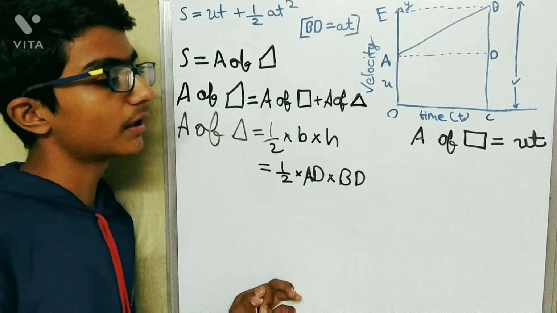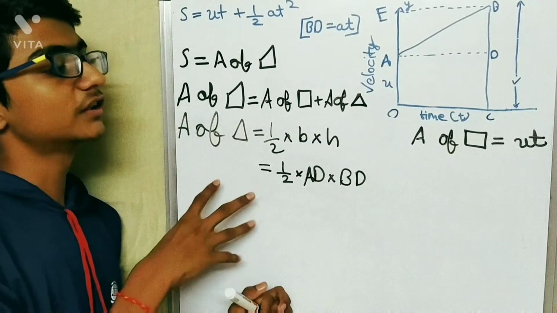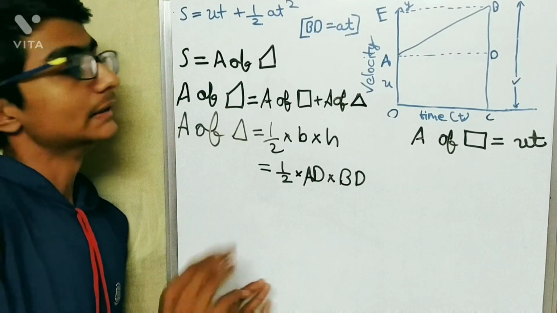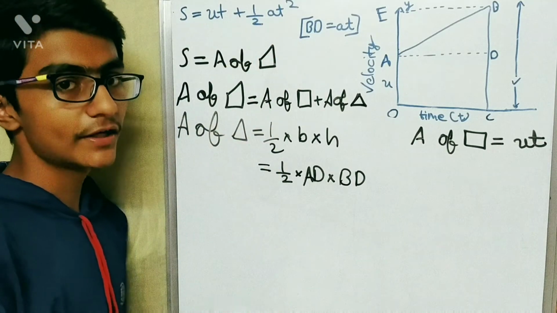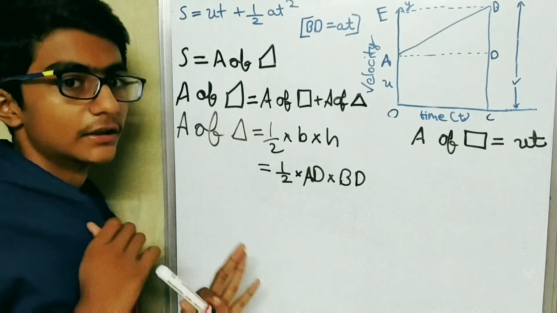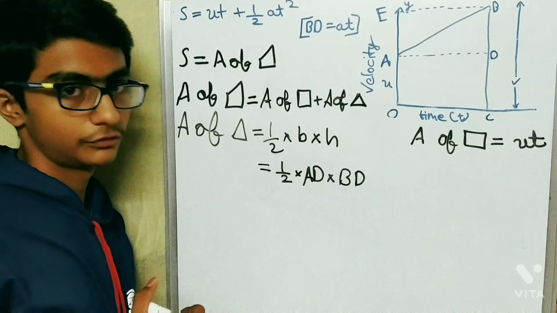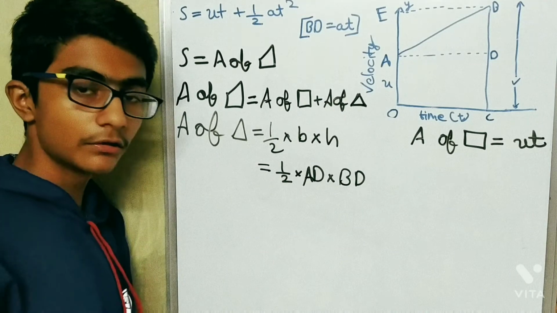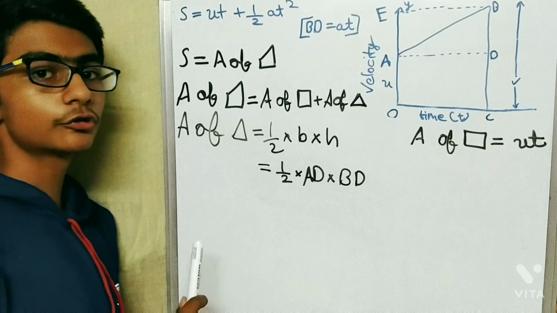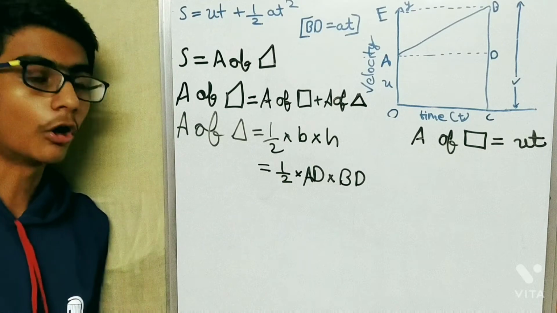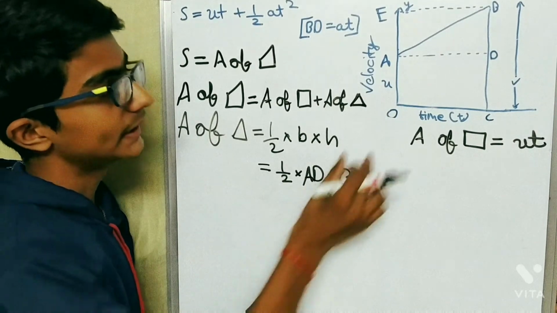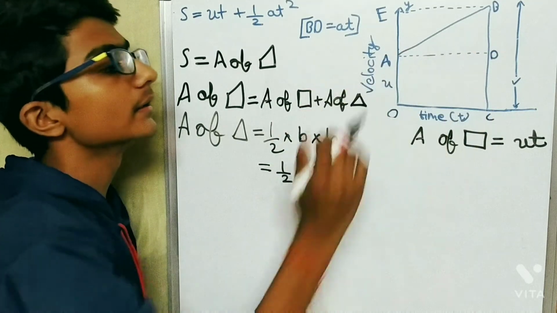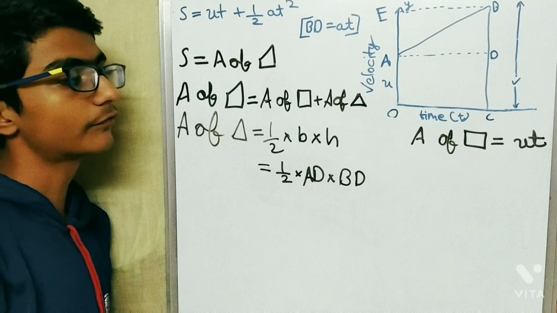Remember, whenever you are asked to derive all three equations, you have to start from v = u + at, then this one, and then the last one, v² = u² + 2as. These are the three equations and you have to derive them. If you are given a question, you will have to start from the first one or your answers will be wrong.